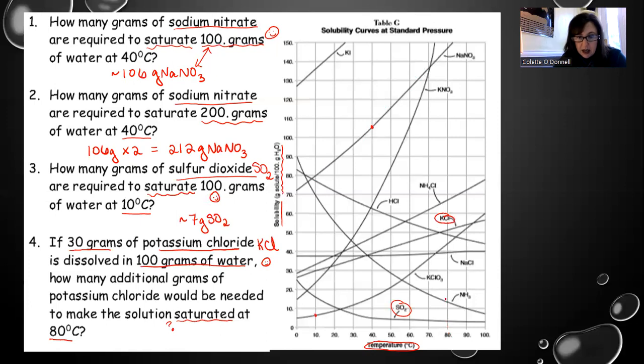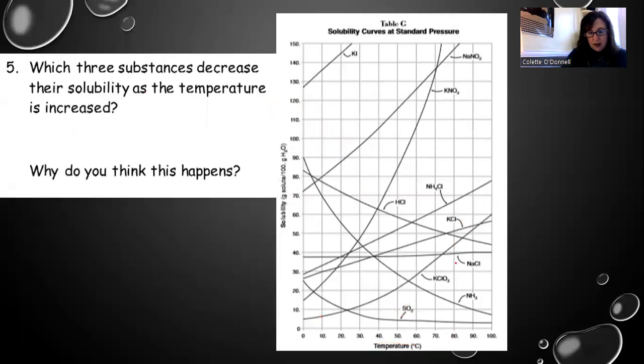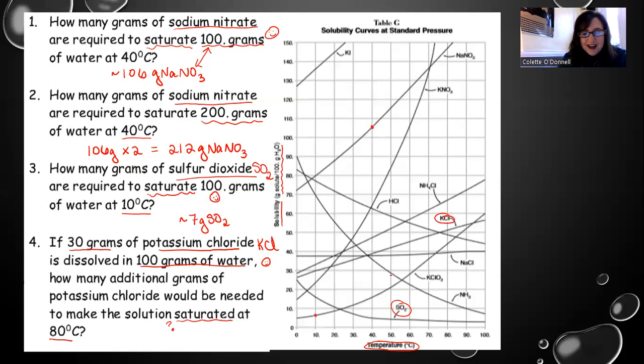I'm going to kick it up to my KCl, lots of lines. Make sure you're reading the right one. It looks like right there. Okay, so now I am going to read this at 80 degrees again, right here. And it looks to me like we're a little bit above the 50. So I'm going to say I could fit about 51 grams of that KCl in 100 grams of water at